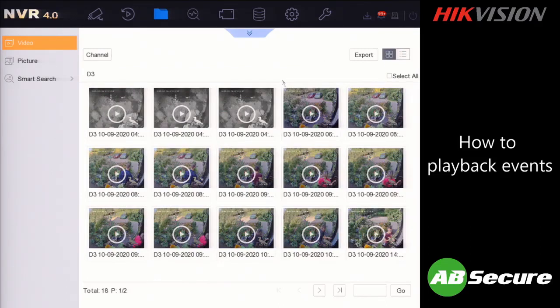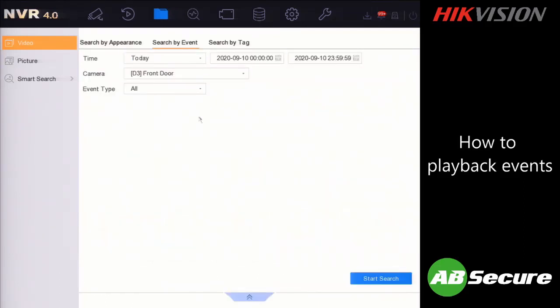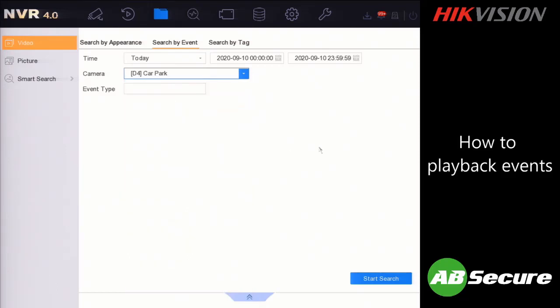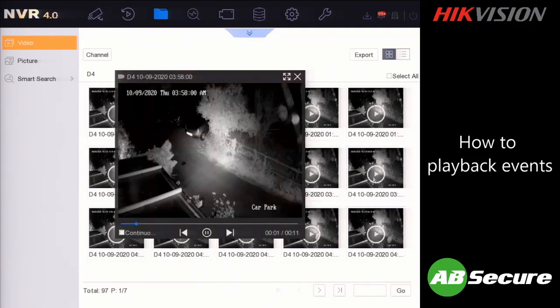So let's say you want to do this same search on a different camera now. If you take your mouse and go to the top, you will see this blue arrow pointing down. If you click on that little arrow, you go back to this event search. So we can click on this camera here. Let's say we want to do the same search on the car park camera here. So we're going to check the car park camera, and then we're going to uncheck the front door camera there, like so. If we do start search, we can see we've seen 97 events,